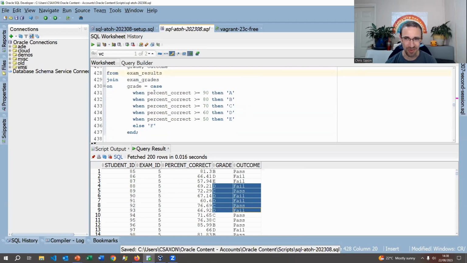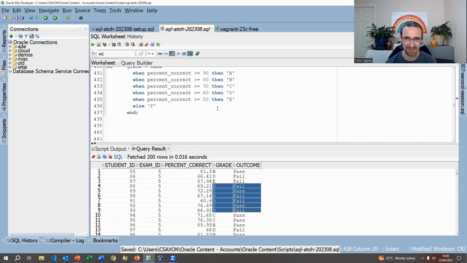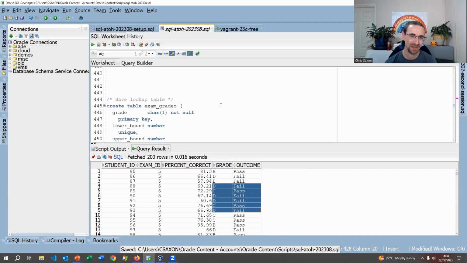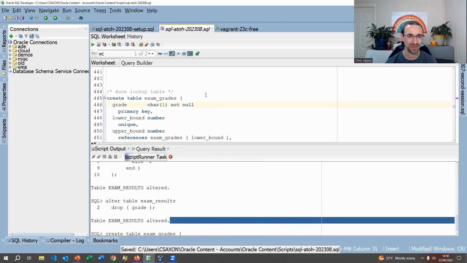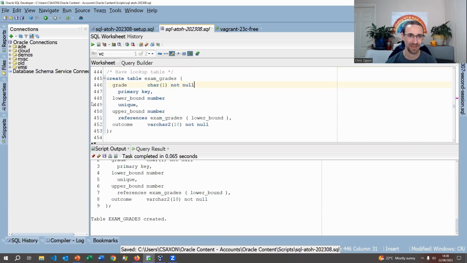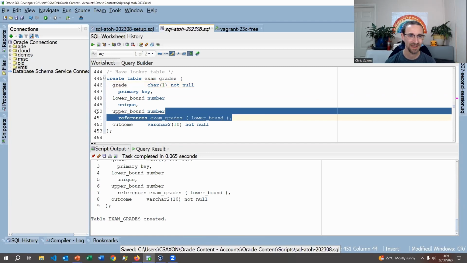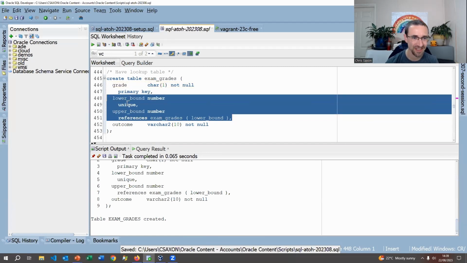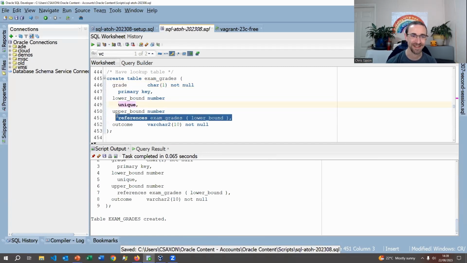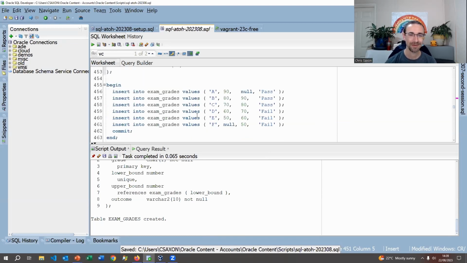Again, do be careful about performance and things like this. Alternatively, you probably would actually want to create an actual regular lookup table, and we could store some extra information so we can have our upper and lower bound. If you're wondering about these constraints, my unique constraint and the foreign key to it, well, that's to ensure that